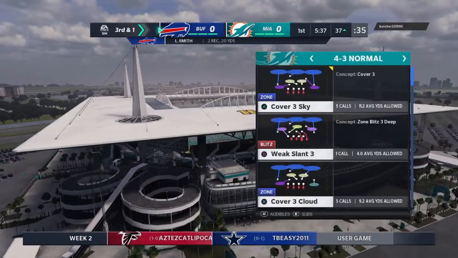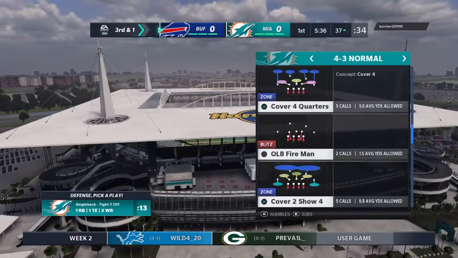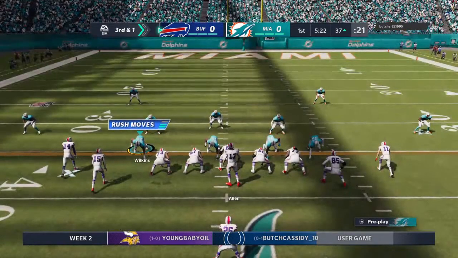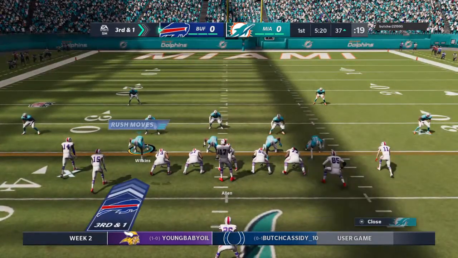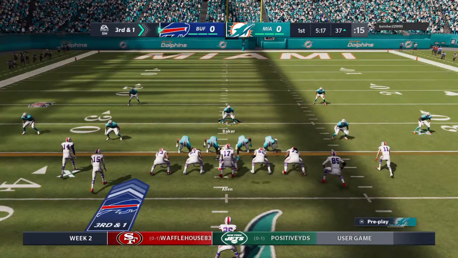When you execute a drag or a crossing route really well and give them a chance to let it develop a little bit, you can gain some significant yardage hitting your tight end on that one. Came up a little short on the last pass play. They did get 9 yards out of it, leaving him with his 3rd and